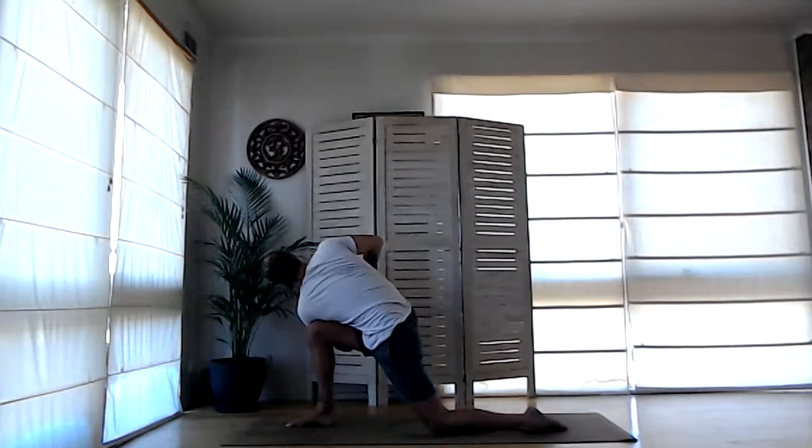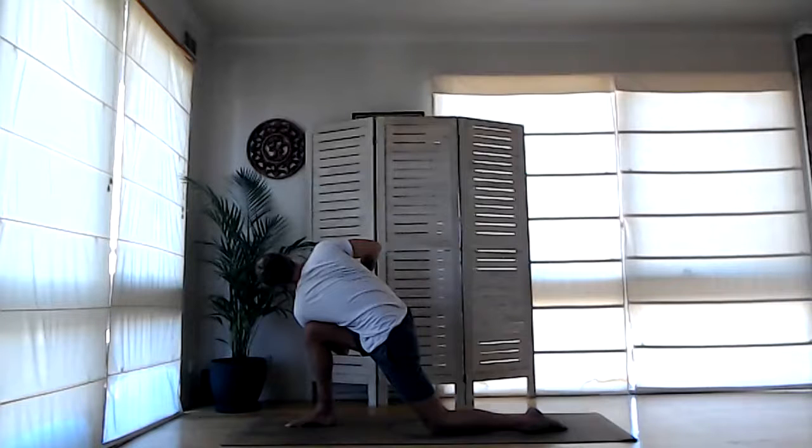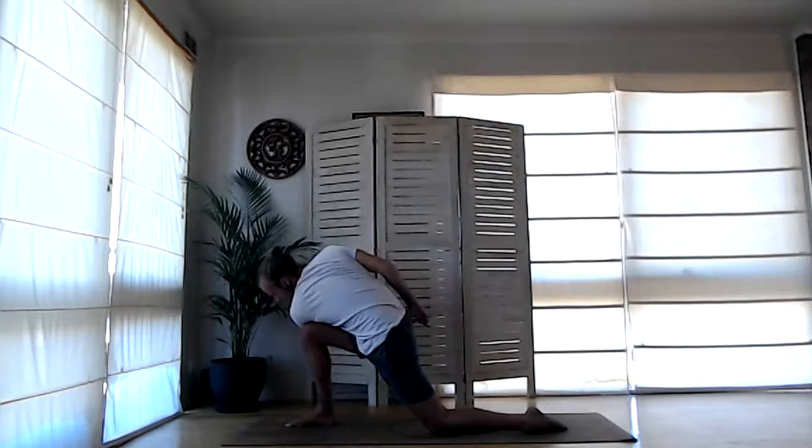Now notice during the twist, how has the breath changed? Has it gotten shallower as a result of the twist? If it has, make the effort to try and re-deepen the breath, despite being in the twisted situation. Length through the crown of the head, broadness of the shoulders, and then looking down, push into your front heel and inhale, come back up to the